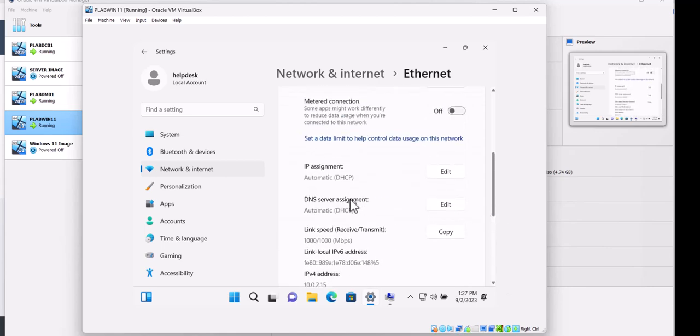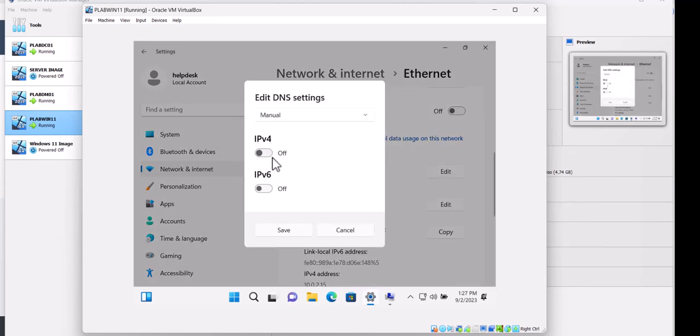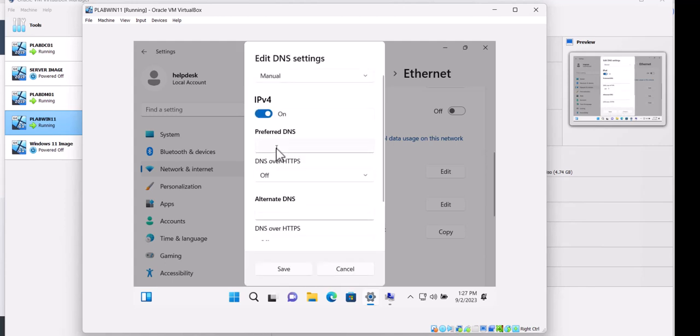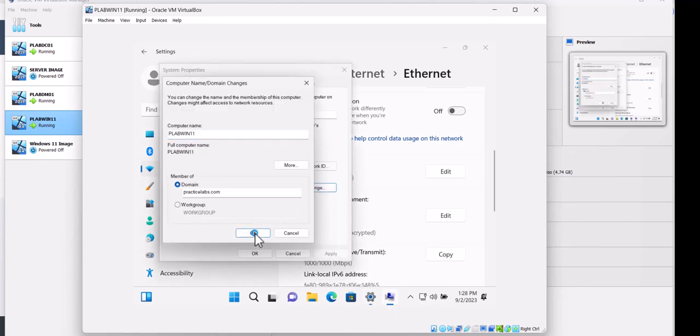If you want to change the DNS, you need to click on DNS edit, click on manual, and we're going to turn on IPv4 and preferred DNS. We're going to type 192.168.1.44 and click save. So now we have a preferred DNS manual assignment right here. It's not automatic. So if I go back and click OK,